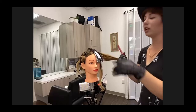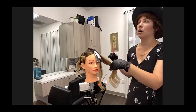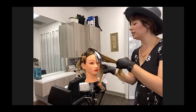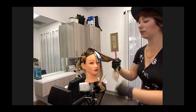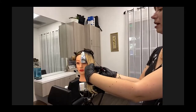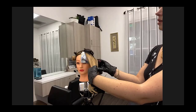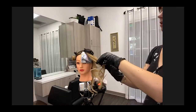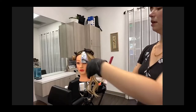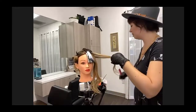So for the chunky weave, I'm going to take pretty thick chunks. Think like what was really popular in the 90s, those kind of chunks. So I'm taking my really thick chunks here. I'm going to turn her so you can kind of see as I do it. I'm not going to do any teasing or anything like that, but I'm going to keep them nice and separated,